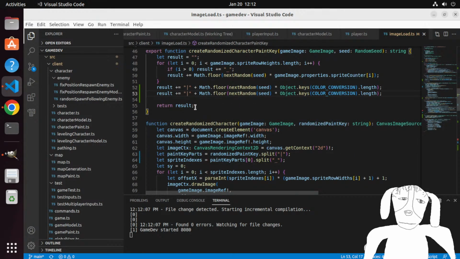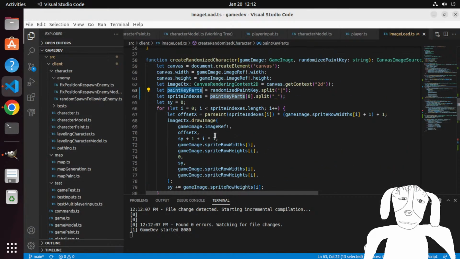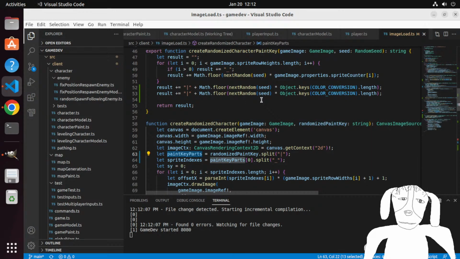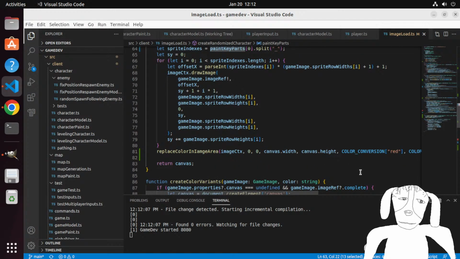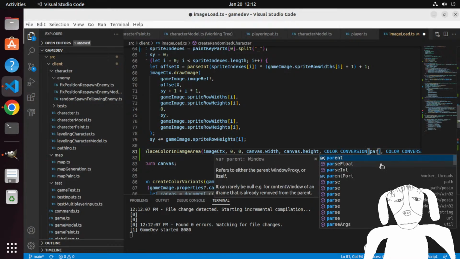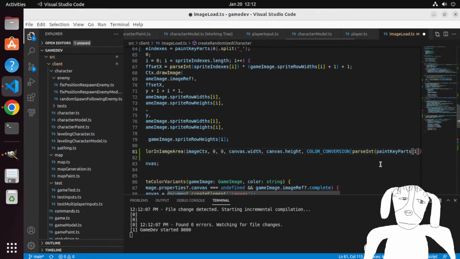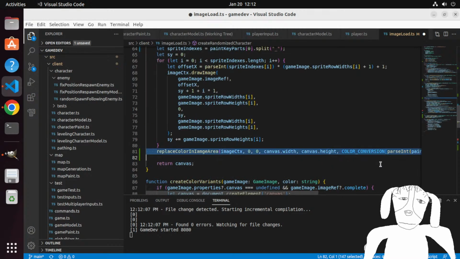And okay. Red part, pass int, key pass 1. So